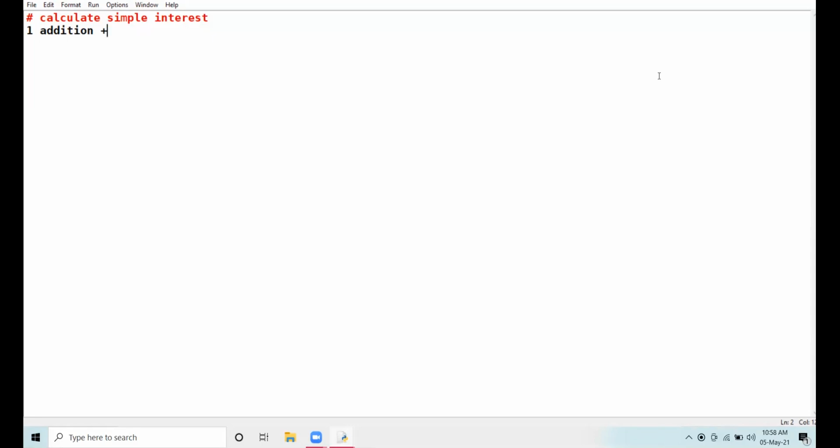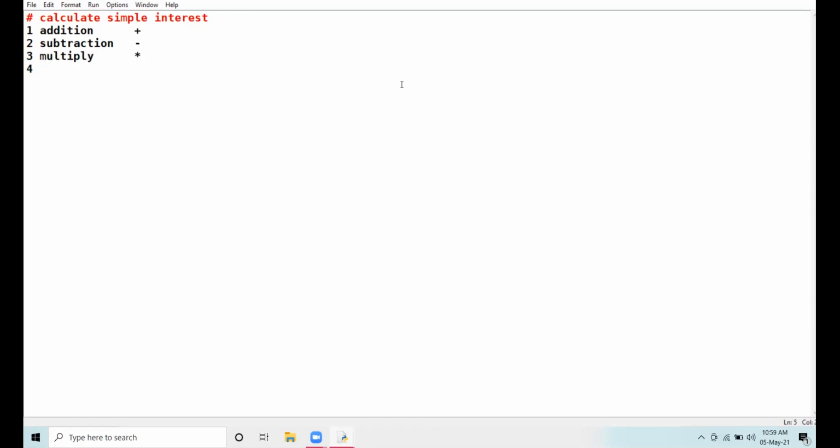Second is subtraction, denoted by minus sign. Third is multiply, denoted by asterisk. Asterisk is called the multiply operator.